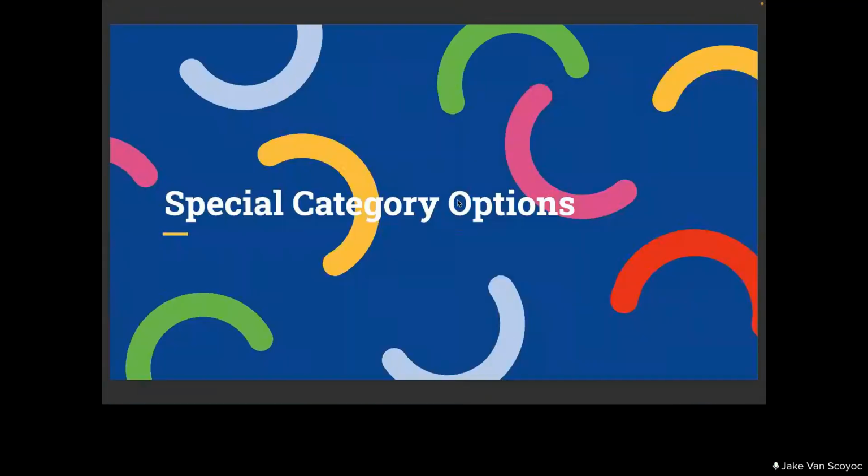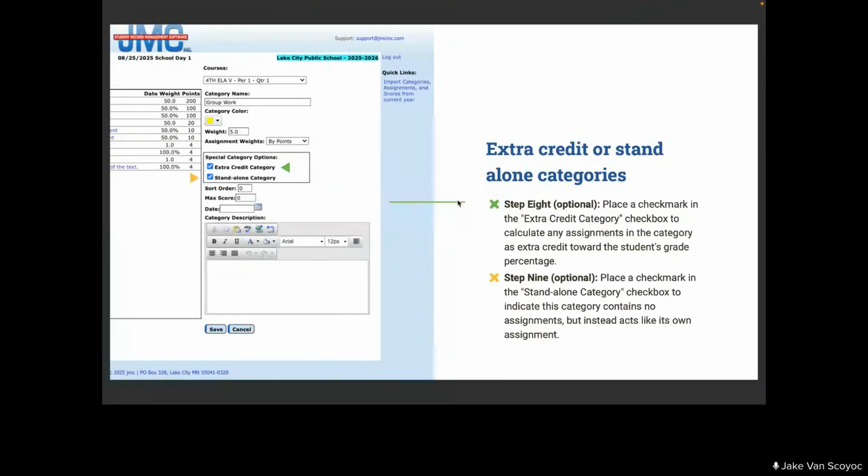Still not seeing any questions, so I'm going to pop over to just explain those special category options in the